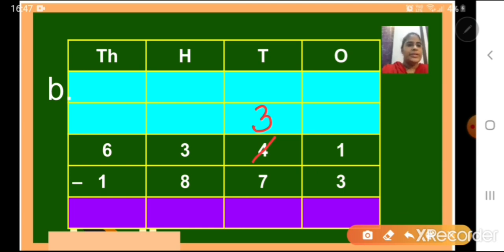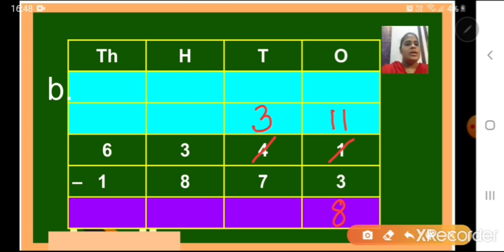1 tens is equal to 10 ones. So here we will get 10 ones. Plus 1 is equal to 11. So write here number 11. Or children, simply you can put here 1 in front of the number. Okay. Now 11 minus 3. Is it possible? Yes. So come on, tell me what is 11 minus 3? 4, 5, 6, 7, 8, 9, 10, 11. So it is 8. I will write here 8.